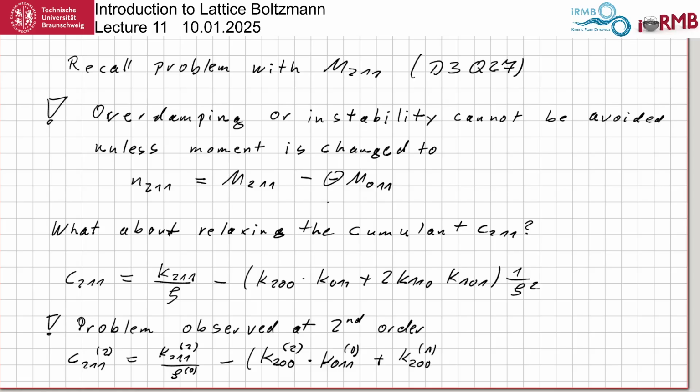Now they could also be, both of them could be of first order, which I hope, if you listen to me carefully, you already know that this is of course impossible, and they are second moments, they have no first order term, plus K200 to zero order, K011 to second order,